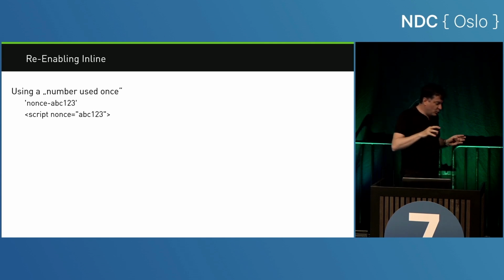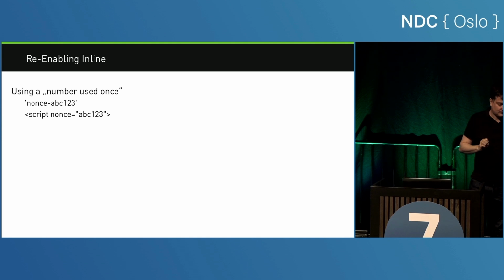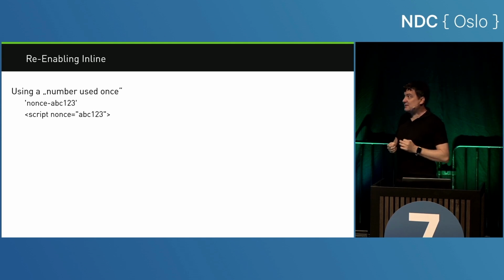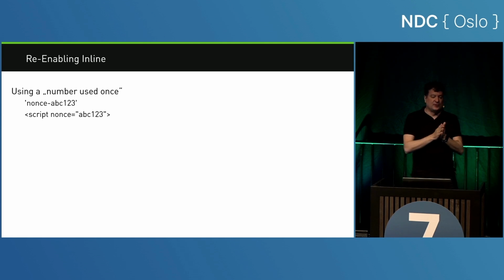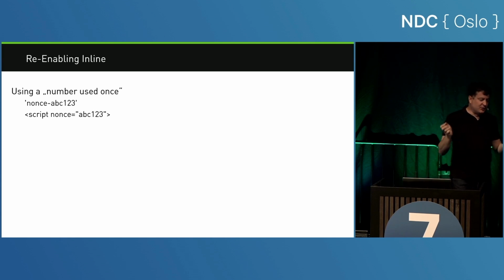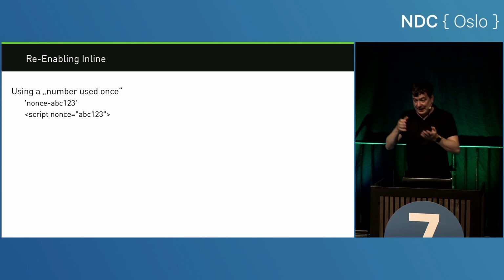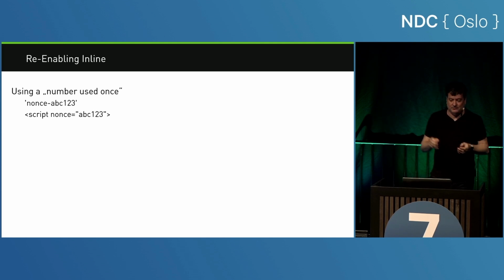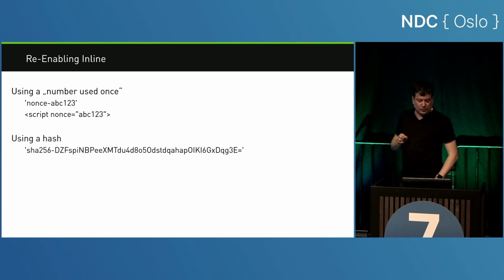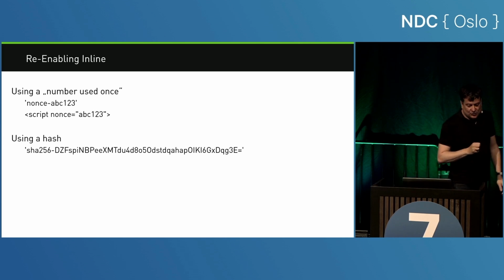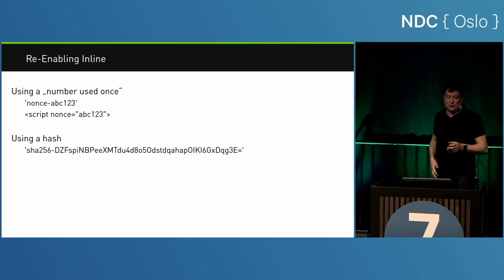Right? So you can do that if you control the script tag. ASP.NET Web Forms, to stay with that example, you don't control that specific script tag. But there's a second option, and that would work for ASP.NET Web Forms and, of course, in other scenarios. If you don't control the script tag, but you know exactly what the code will look like, because that __doPostBack method was predictable, you just calculate the hash of the content of that script tag. And then you put the hash in the content security policy, something like this. So you basically allow a specific piece of code to run. You can use